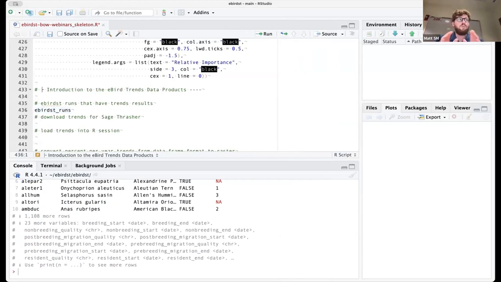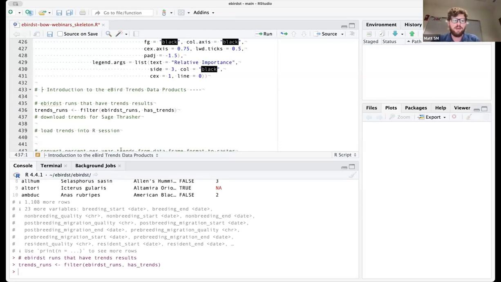Now, on the trend side, only a subset of that full list of species actually has trends. And if we want to subset this data frame to just those species that have trends, I can filter the data frame. There's a column in this data frame called has_trends. So I'm going to filter it to just species that have trends.